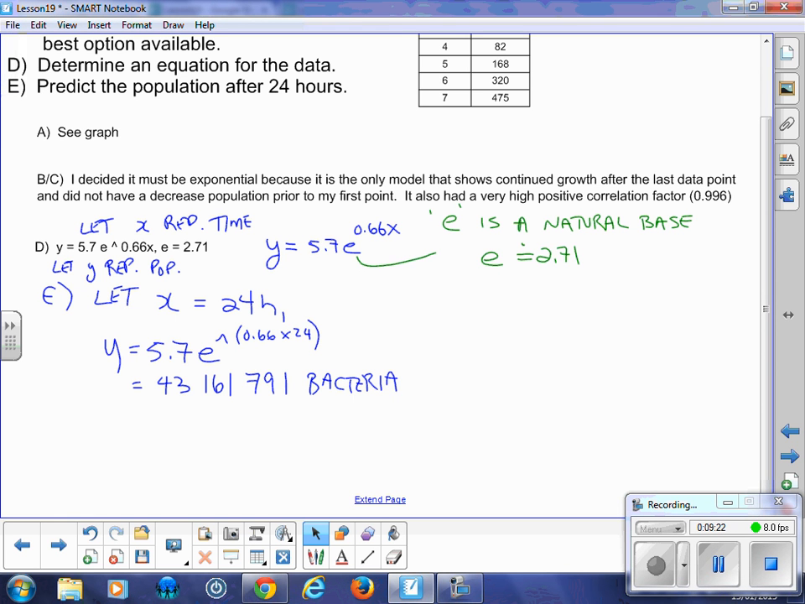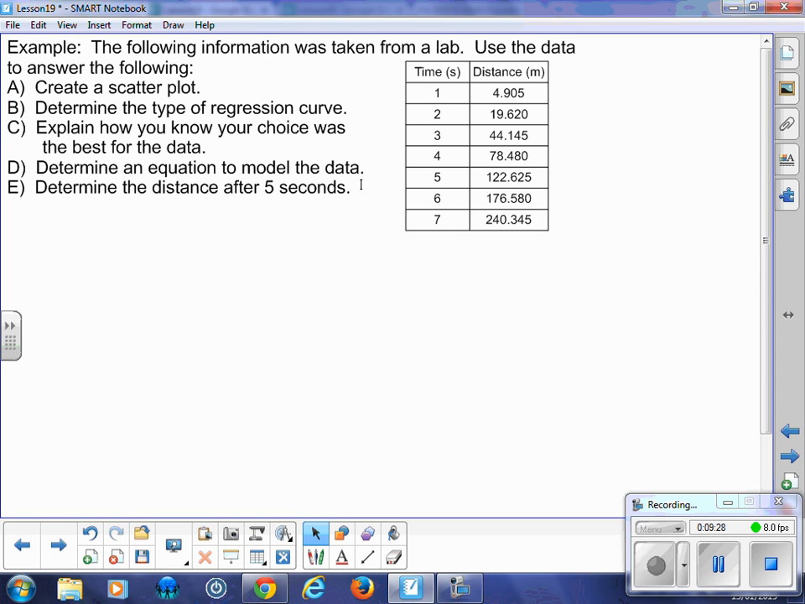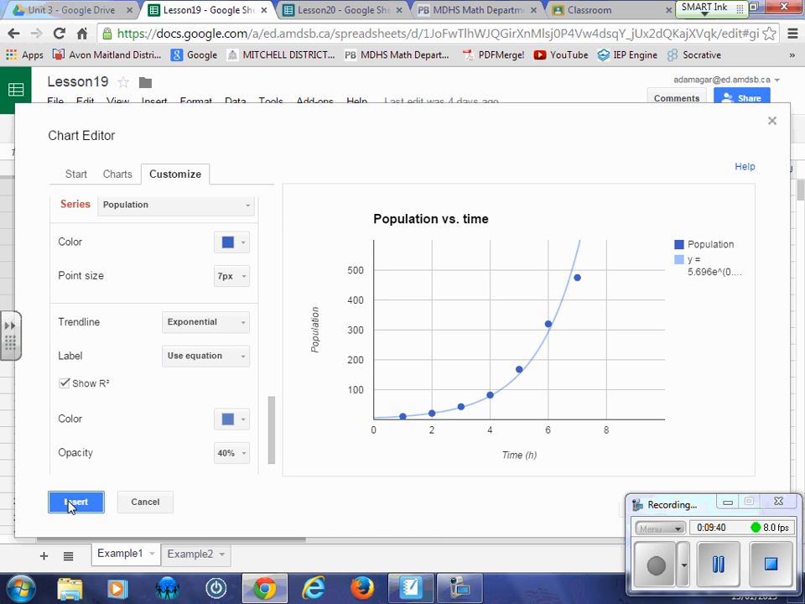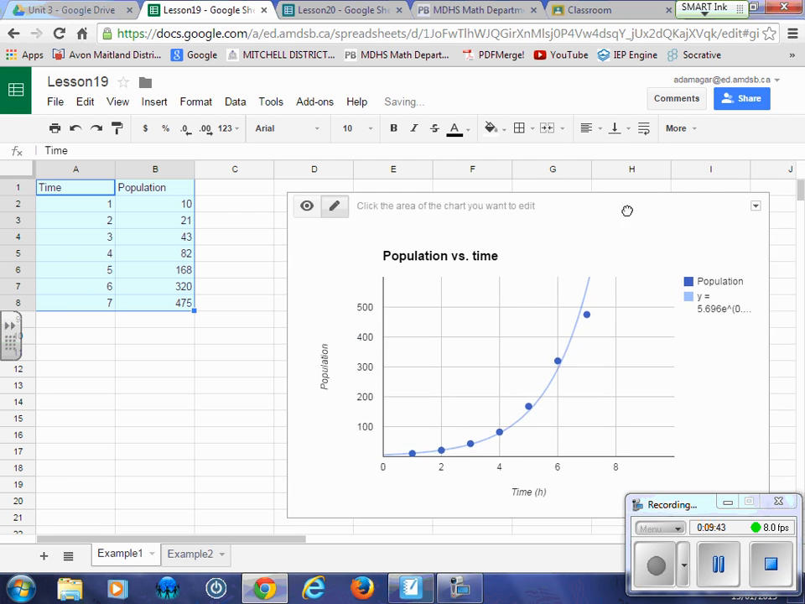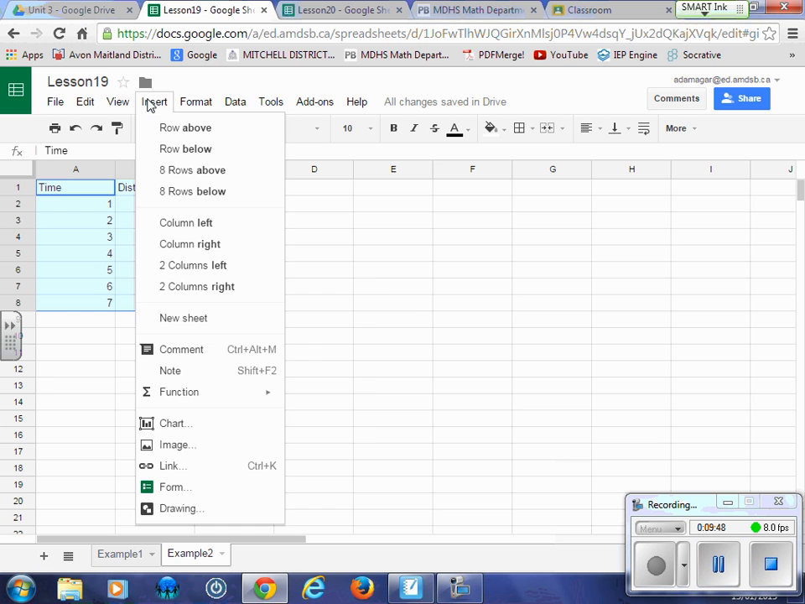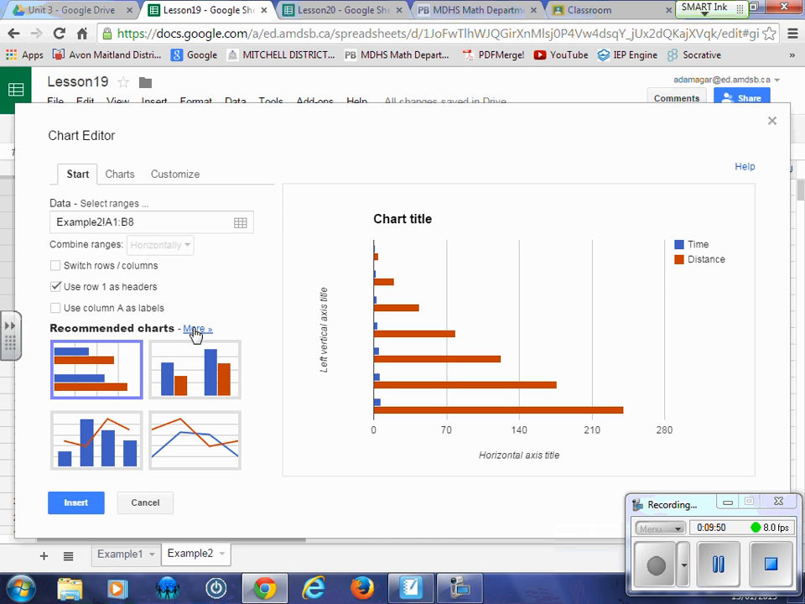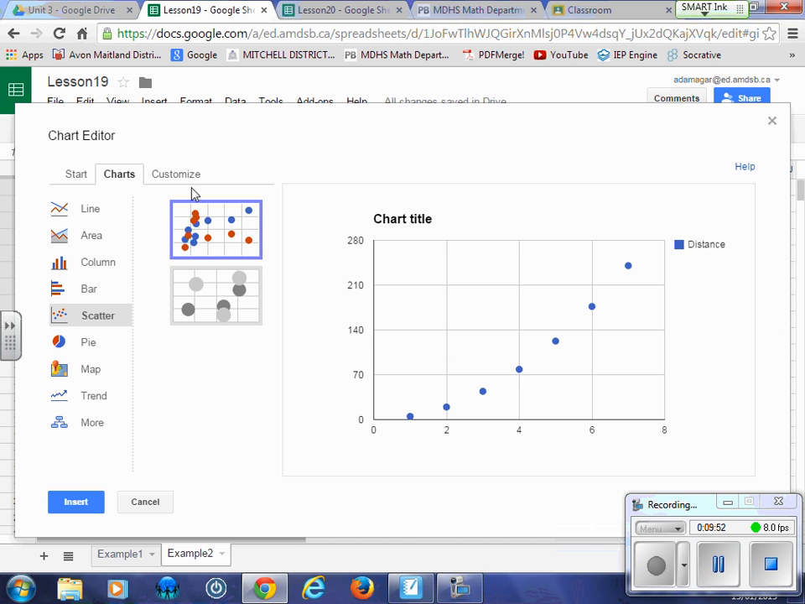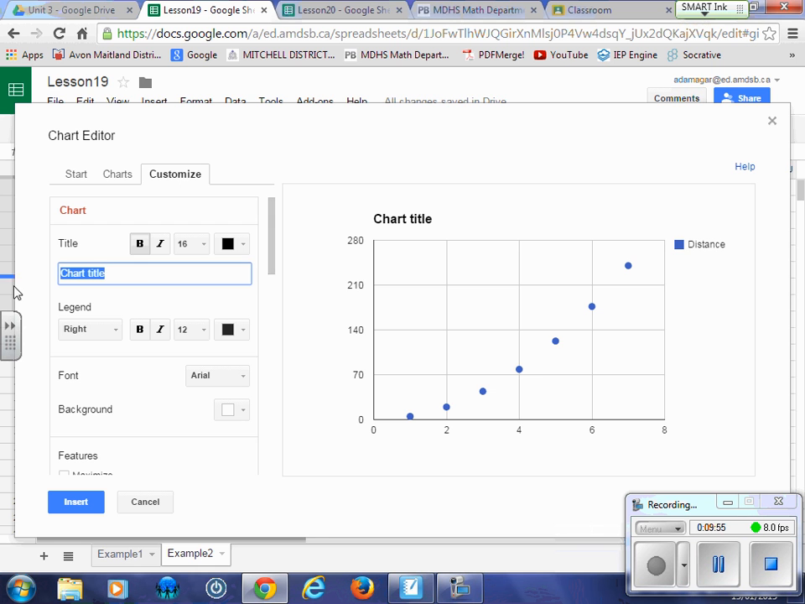The next one is very similar in the sense that it's using the same process. The following is information taken from a lab. I actually took this from a physics lab, and it's going through the same process. So if we go back here, insert, we're going to go to the next slide. Example number 2. There's my data. I'll go through this one a little bit quicker since I've done all my talking already. Scatter, customize,